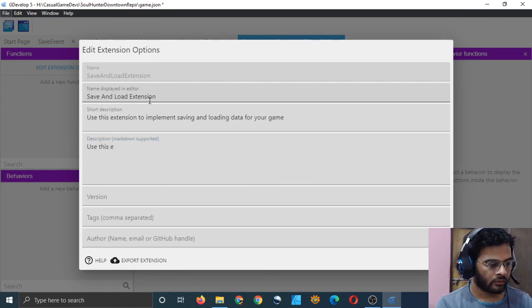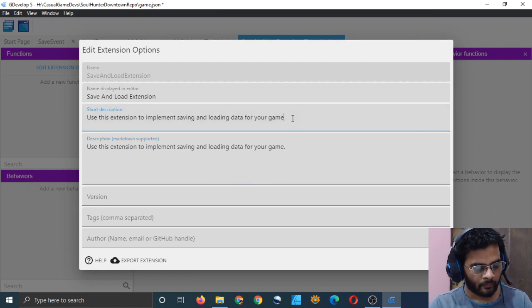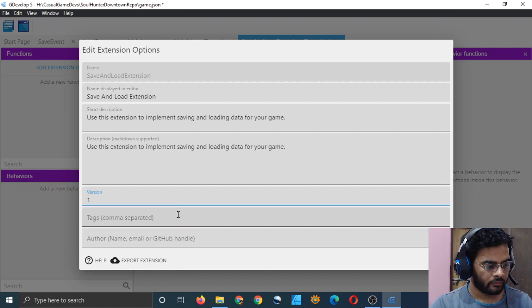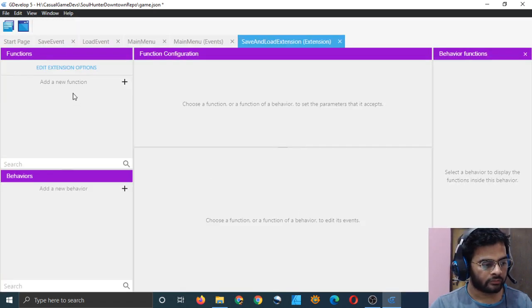Version 1.0. Okay, that's okay. We'll save and load extension. Just close it. That was all the options that we could configure, right?